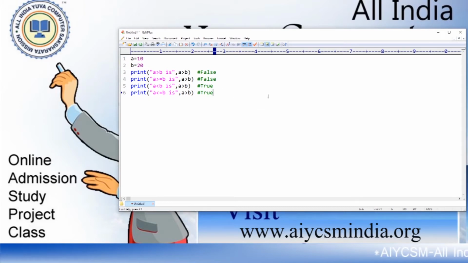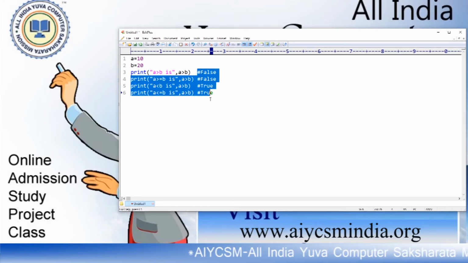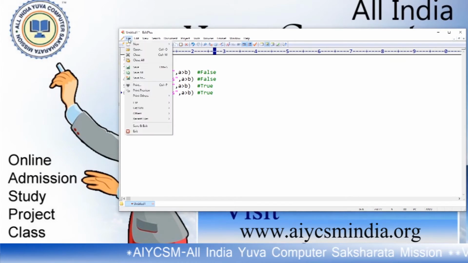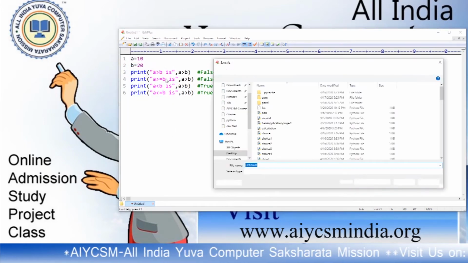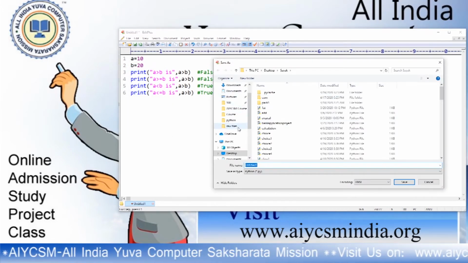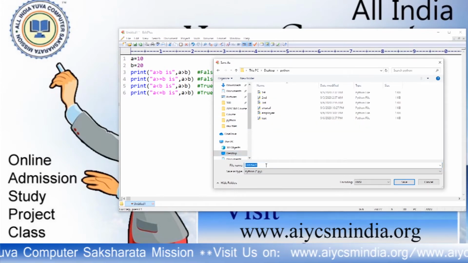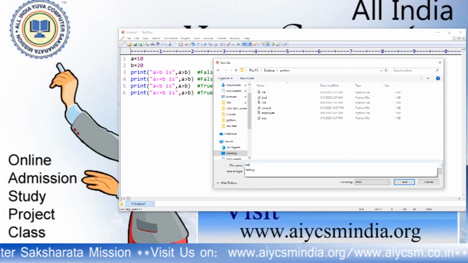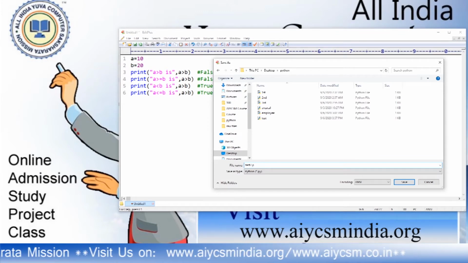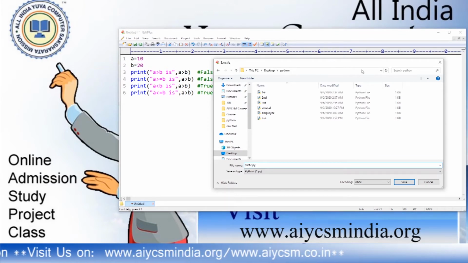So this is the program. It will show the result like that. First save the program. I have to save it on the desktop, within the Python folder that I have created, as test2.py.